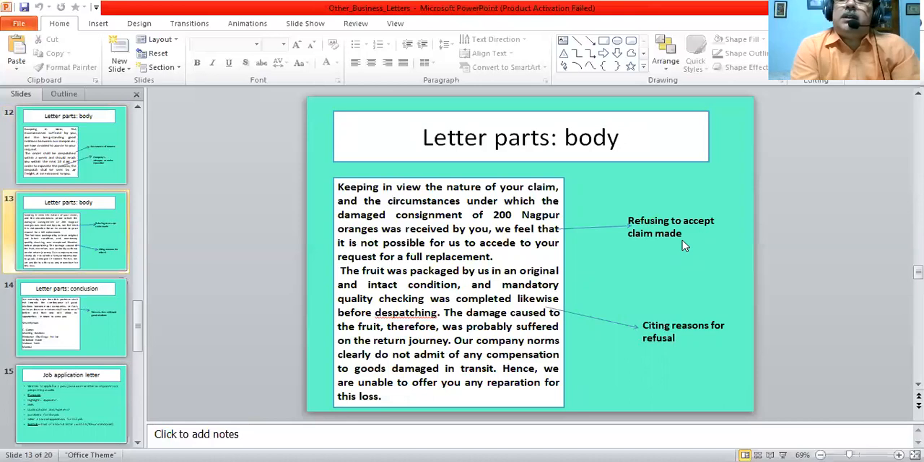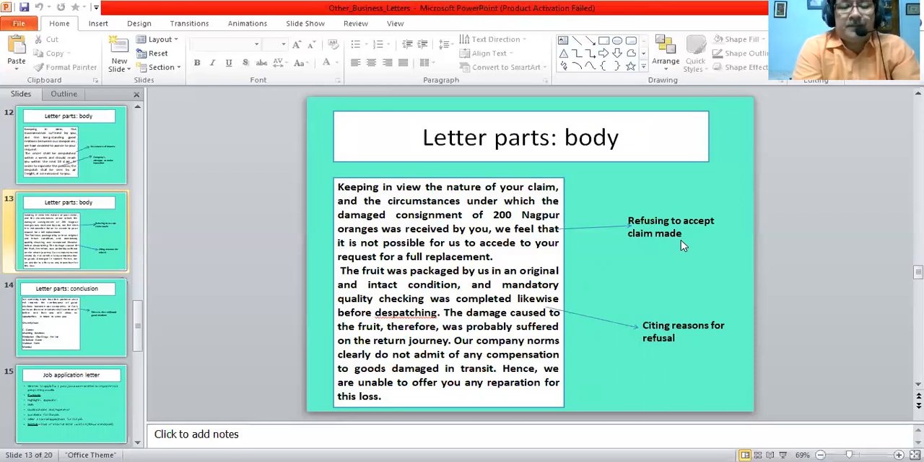Now, there can also be an alternative way in which the claim is not accepted by the company. Let me read out from this other extract. Keeping in view the nature of your claim and the circumstances under which the damaged consignment of 200 Nagpur oranges was received by you, we feel that it is not possible for us to accede to your request for a